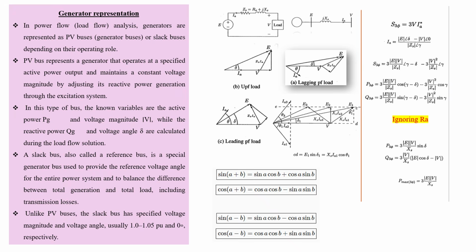To carry out a load flow analysis or a power flow analysis, components like a generator, a transformer, and a transmission line should be represented by equivalent impedance or voltage source so that we can analyze them by applying